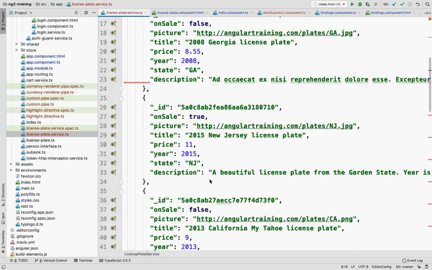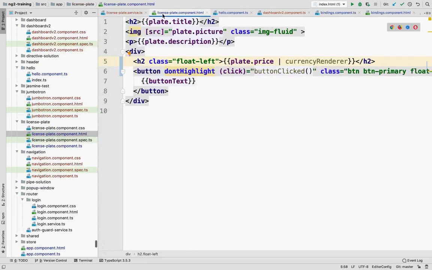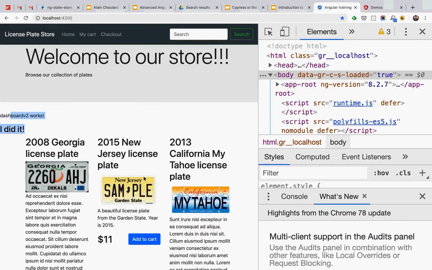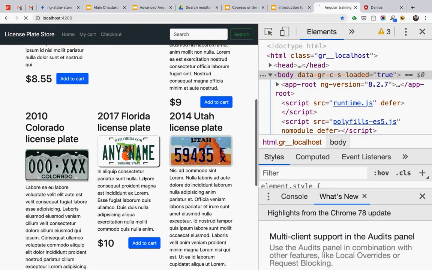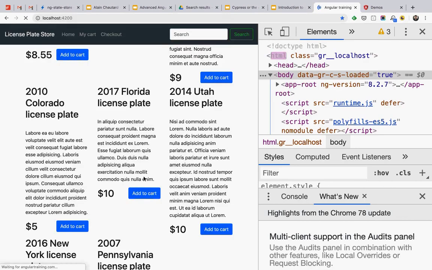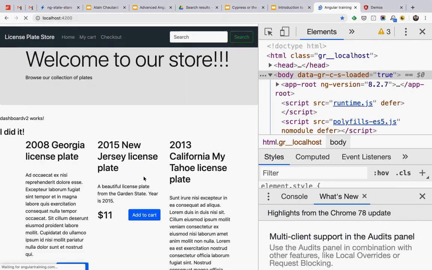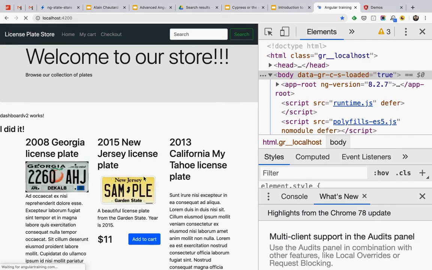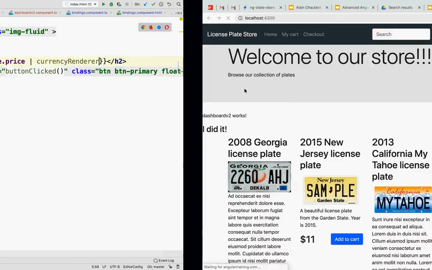So it's just JSON data that will come from a backend, and that has all of the info we want to render. So we pass that to ng_for. ng_for generates all of these components, and then that's what we get on the screen. Many different license plate components. So there's 8 of them in that list. So that's an example of directive.